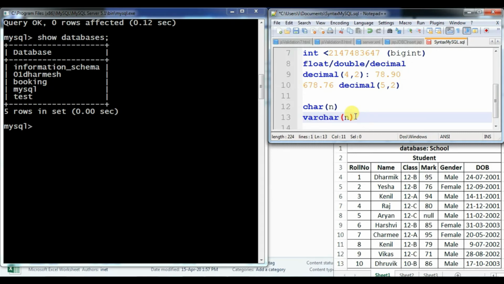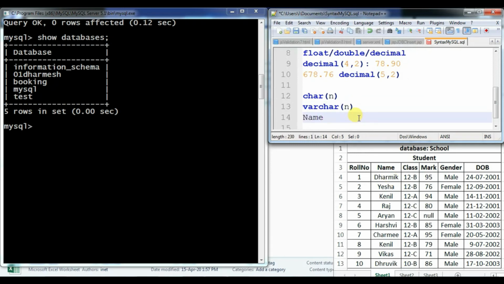Simple example: suppose you want to use Dharmik as a value in your column, then how many characters are there? Total 7 characters. So for the name field you would use varchar in bracket 7, but that is for the Dharmik value only.